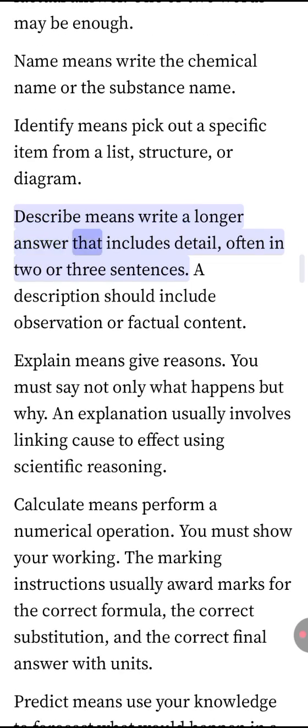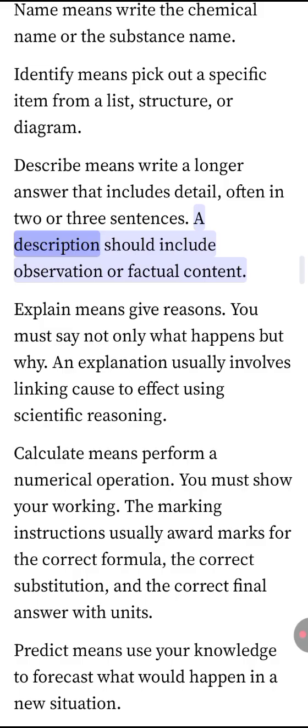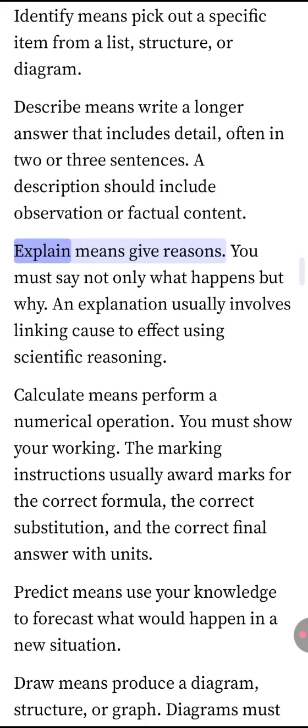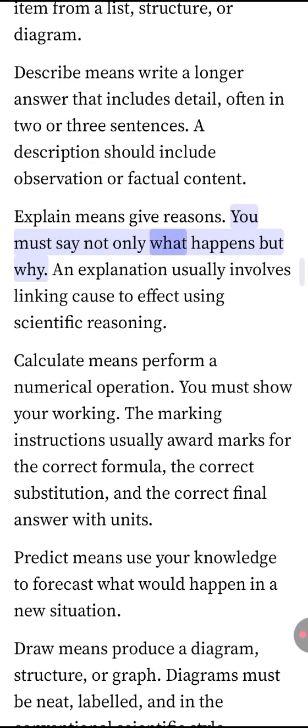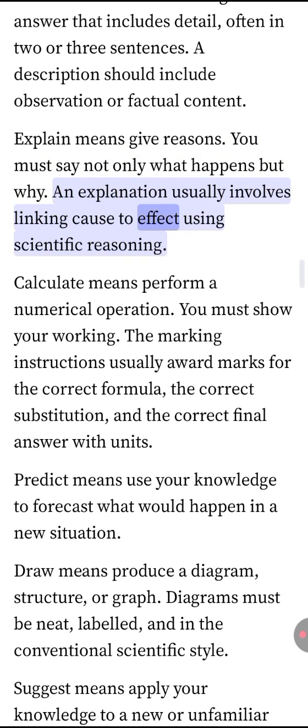Describe means write a longer answer that includes detail, often in 2 or 3 sentences. A description should include observation or factual content. Explain means give reasons. You must say not only what happens but why. An explanation usually involves linking cause to effect using scientific